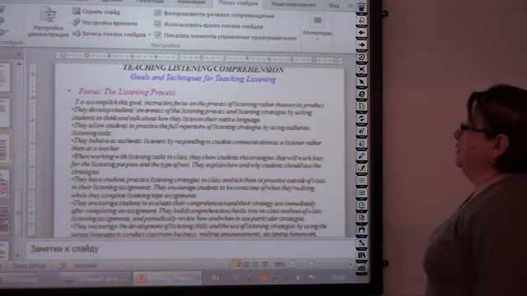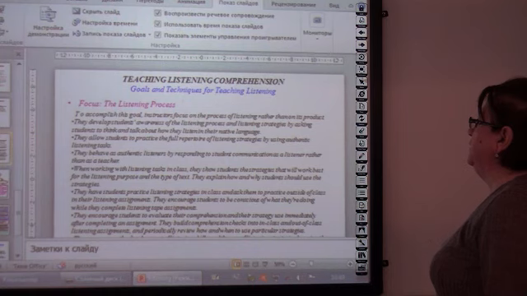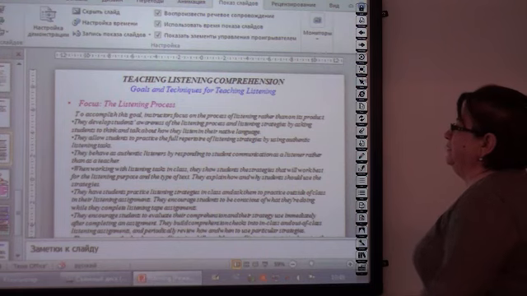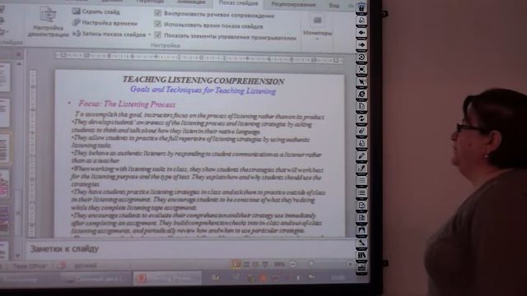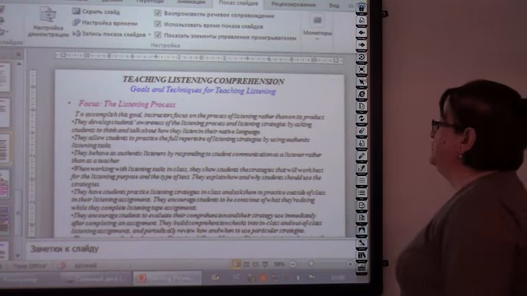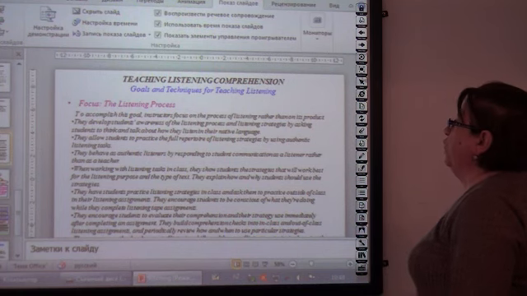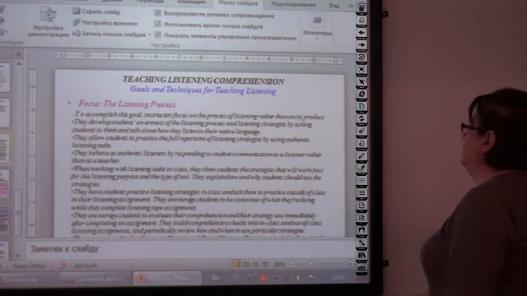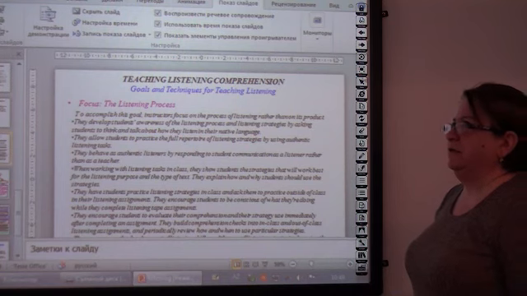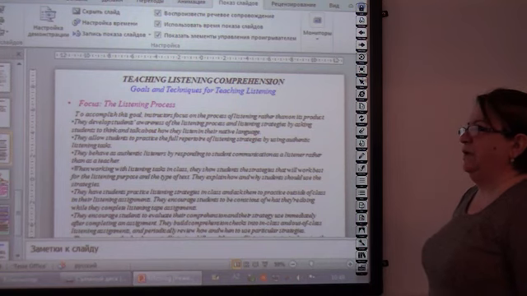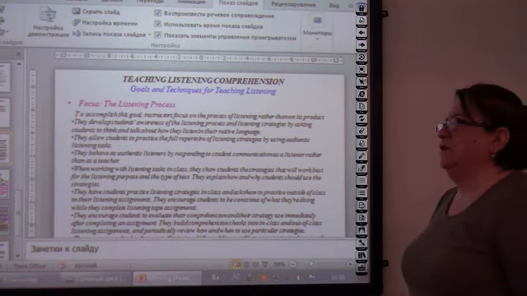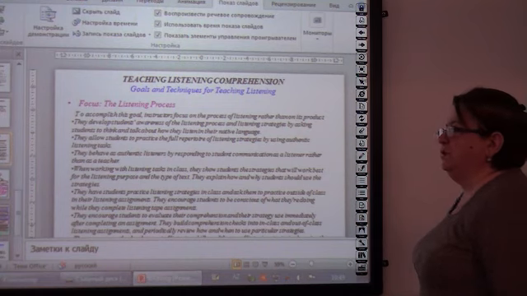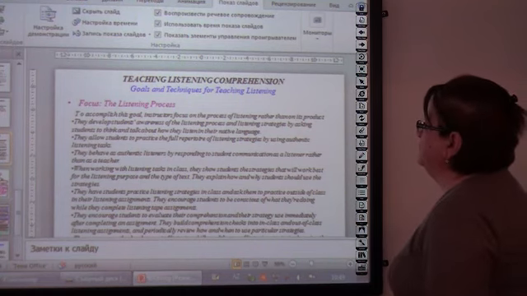Yes. And what are the goals and techniques for teaching listening? Let's see. Focus: the listening process. To accept the goal, instructors focus on the process of listening rather than the product. It means we don't pay attention to the product. Simply, we should pay attention to the listening process. Okay, then